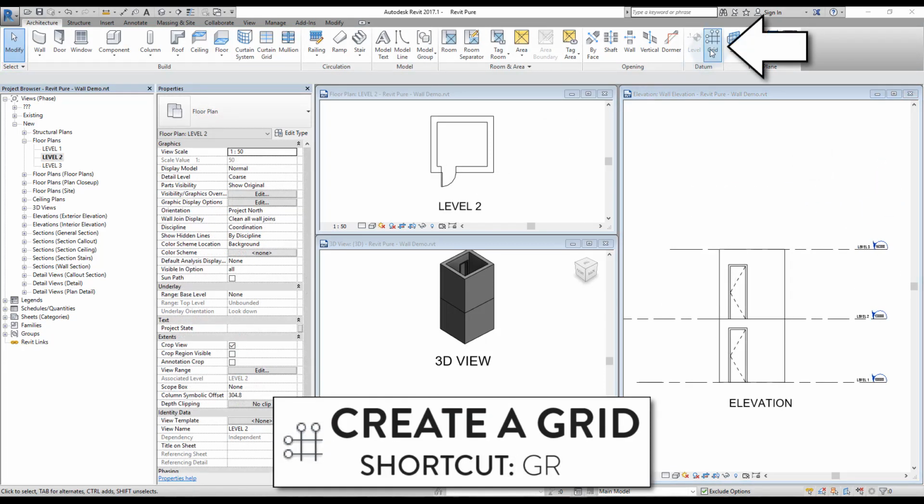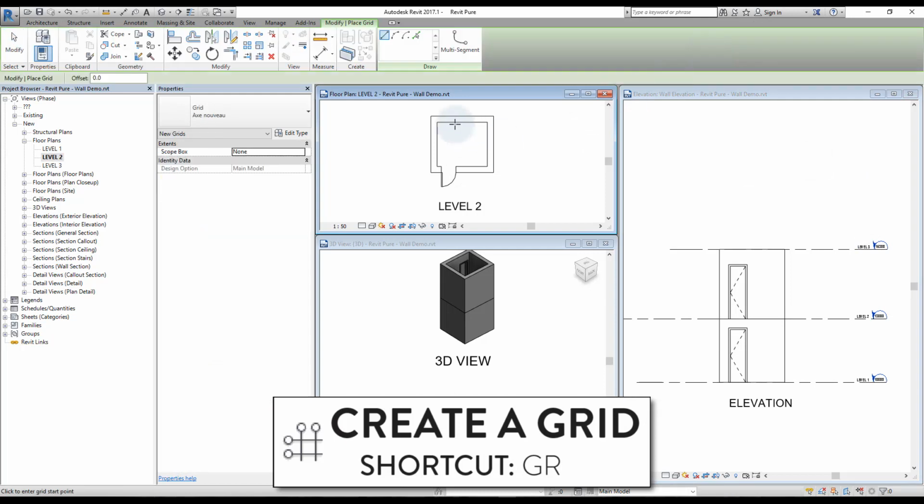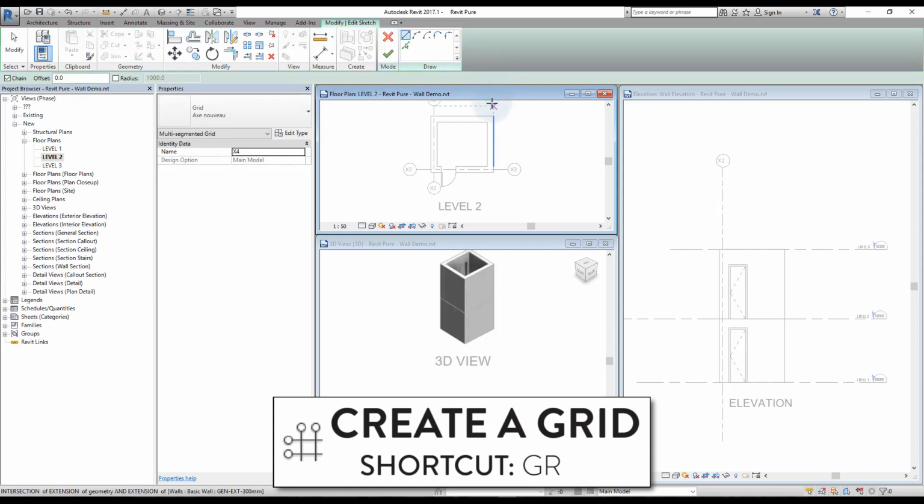You will find the Grid tool in the Architecture tab or by using shortcut GR. Click on the origin point of the grid, then click again to complete. You can create grids with special shapes or use the multi-segment tool, like in this case where we have two